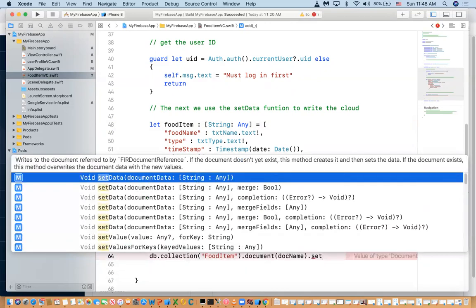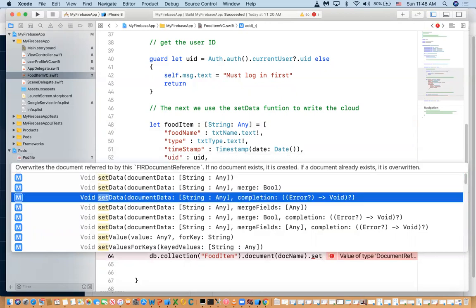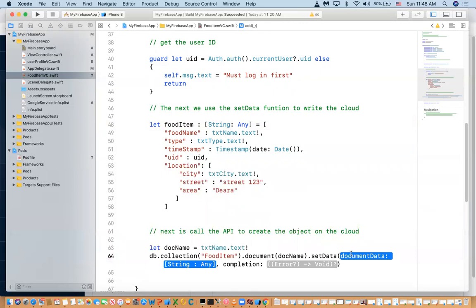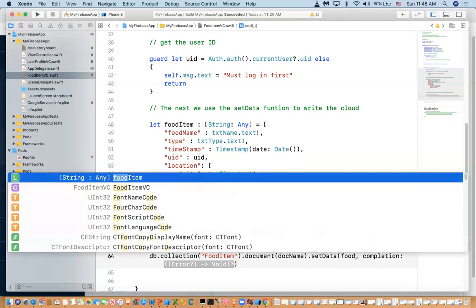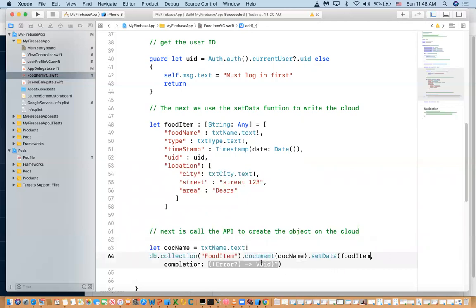Set data. And now what do you do with the completion handler, the one that actually tells us whether it was okay or not? So what data am I going to use here? I'm going to use the data that I've created above, which is called food item. And then for the completion handler, all we need to know is, do we have an error or not, right? So if we got an error,